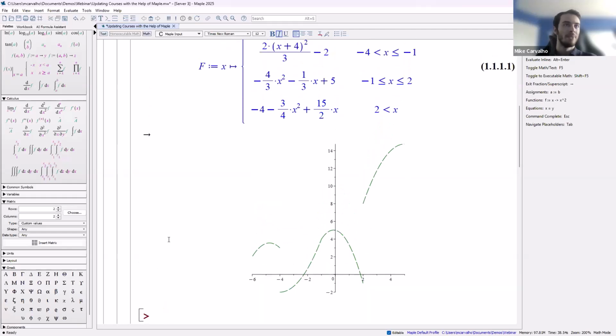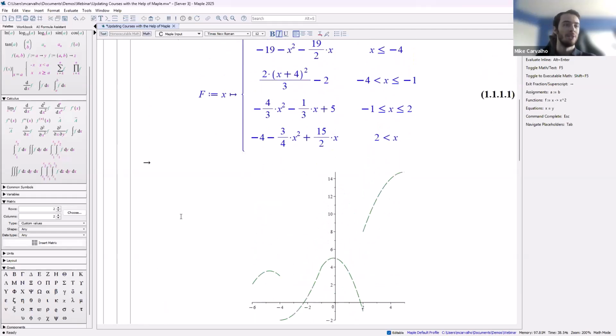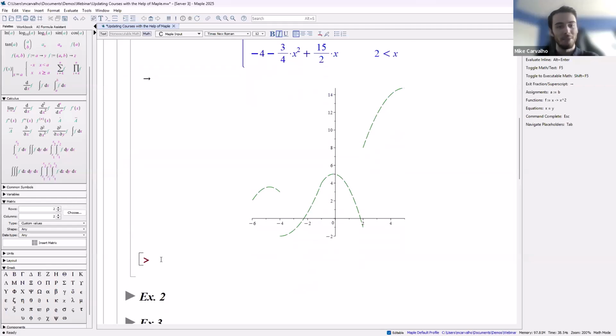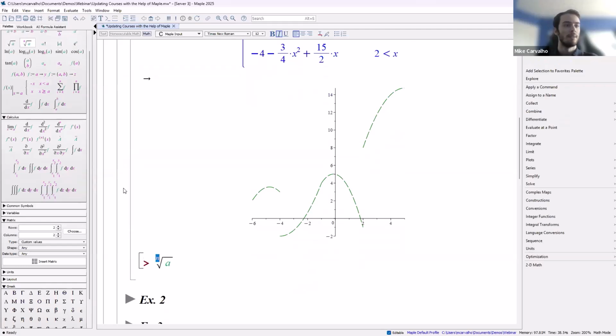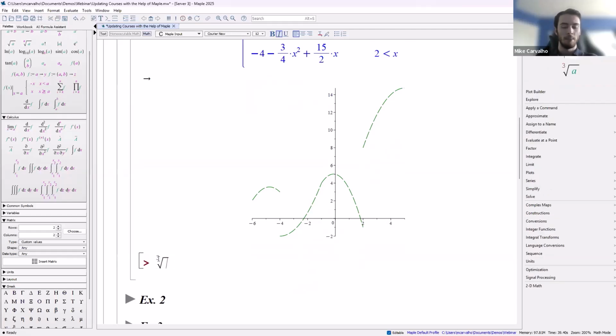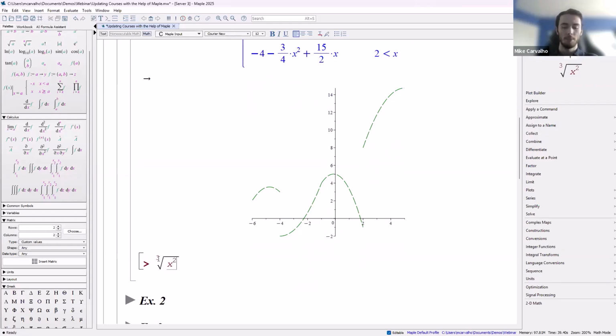Another thing to note here is that you can input these expressions very, very easily, right? This is software meant for mathematics. So maybe I want to do a different expression, something like, let's do a cube root. I love the clickable math, just able to work through these templates, type in expressions as you'd expect.